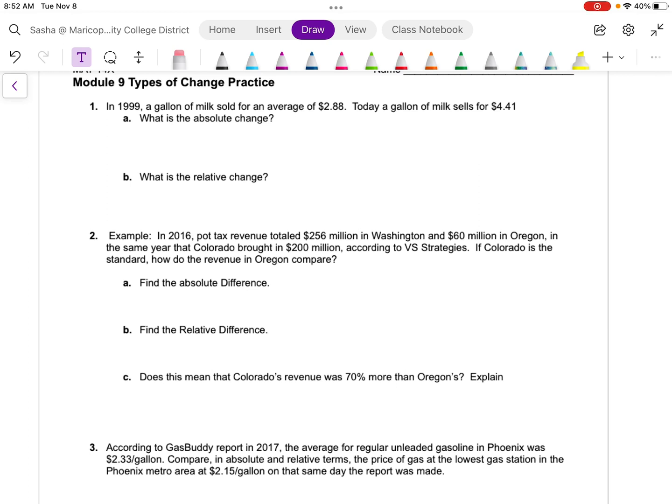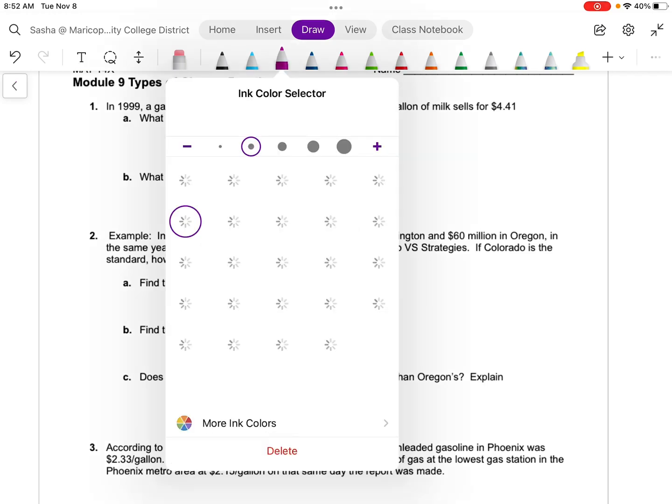So the first half of this worksheet focuses on this idea of types of change, specifically the difference between absolute change and relative change. Absolute change is the overall change, versus relative change, which focuses more on a percentage. So starting right off the bat,